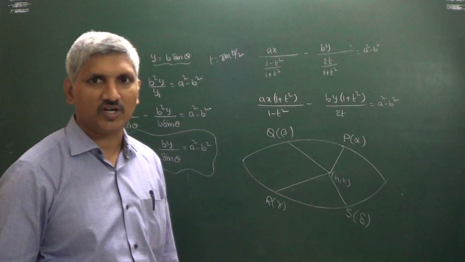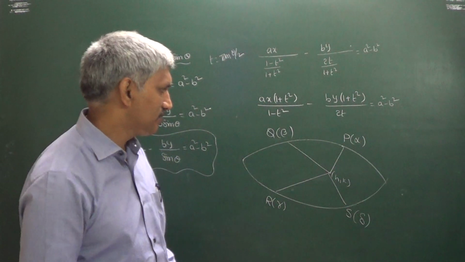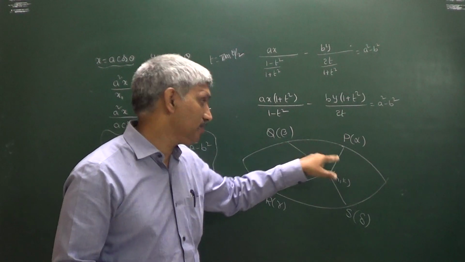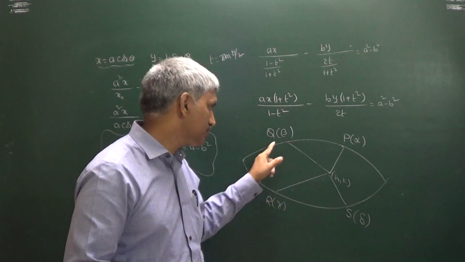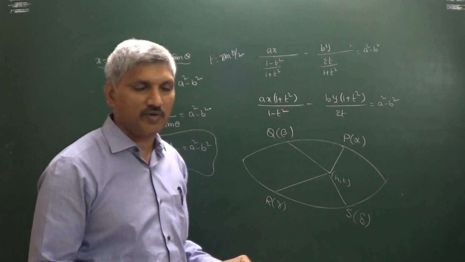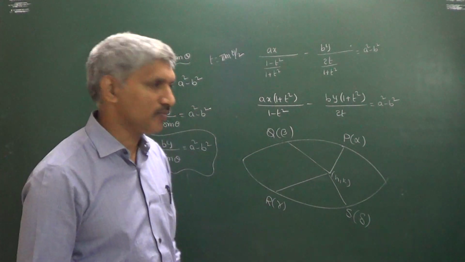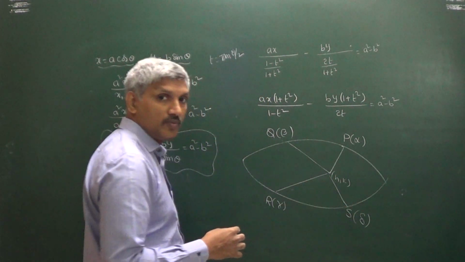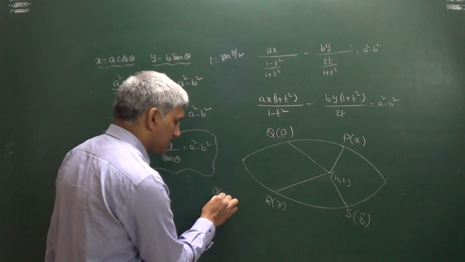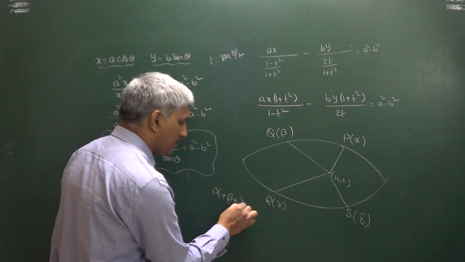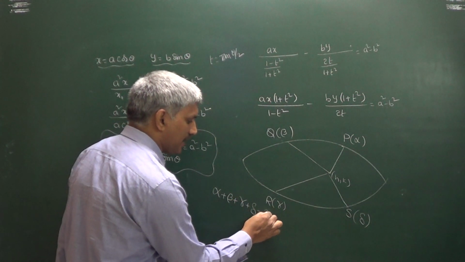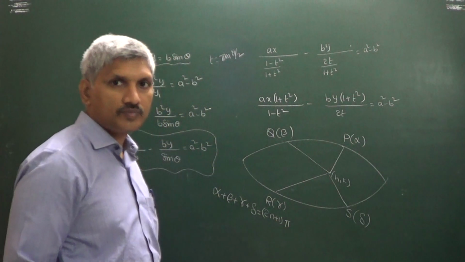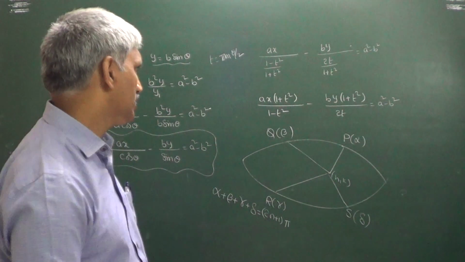So these points are called the feet of the normals, because through this point (h, k) we are drawing the normals, where each normal meets the conic. So these points are called the feet of the normals, or we call them the co-normal points. Now this alpha, beta, gamma, delta are the co-normal points. Then alpha plus beta plus gamma plus delta, you will get (2n plus 1) into pi. So multiples of pi.